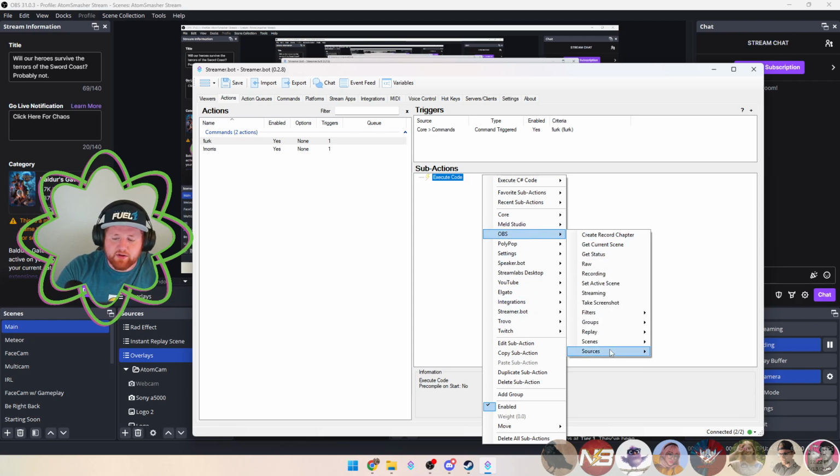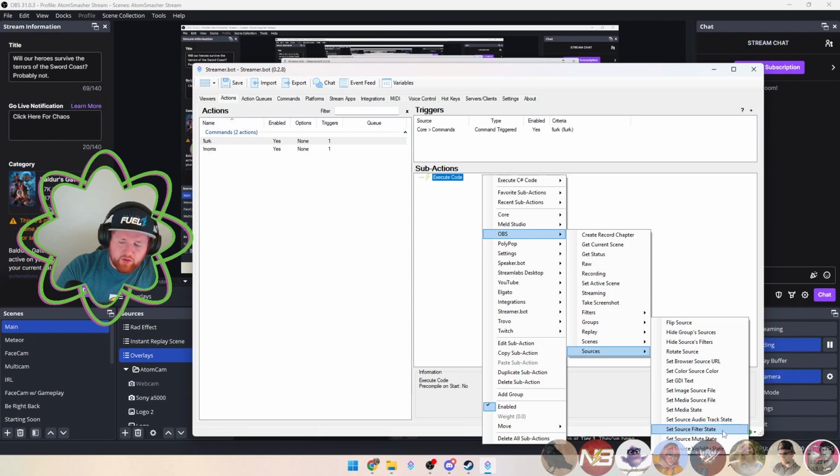Let's take a look at another one. We've got set source filter state. So that's going to make your source filter visible or hidden. Again, there's lots of filters. Filters can do a million things, and this lets you control all of them. Set source mute state. So if you want, let's say you've got a